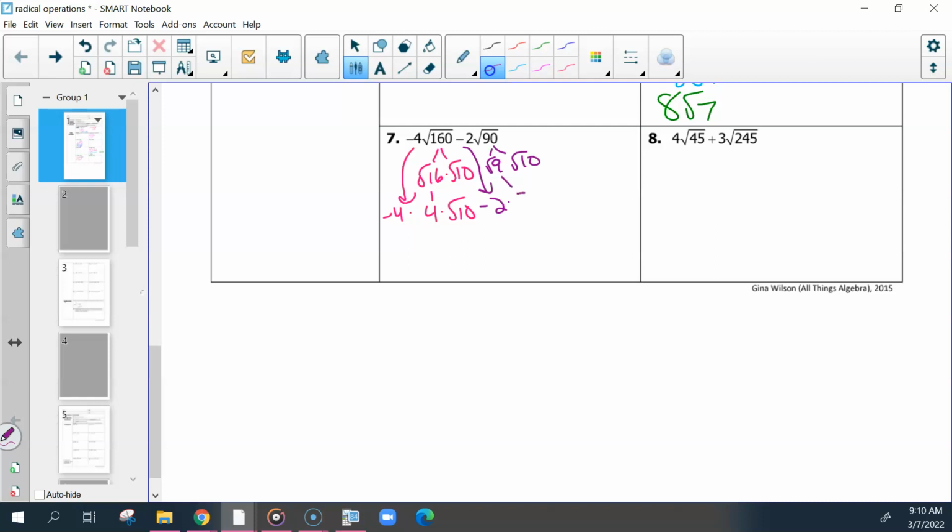Square root of 9 is 3. So then we can multiply. Negative 16 times the square root of 10, minus 6 times the square root of 10, would give us